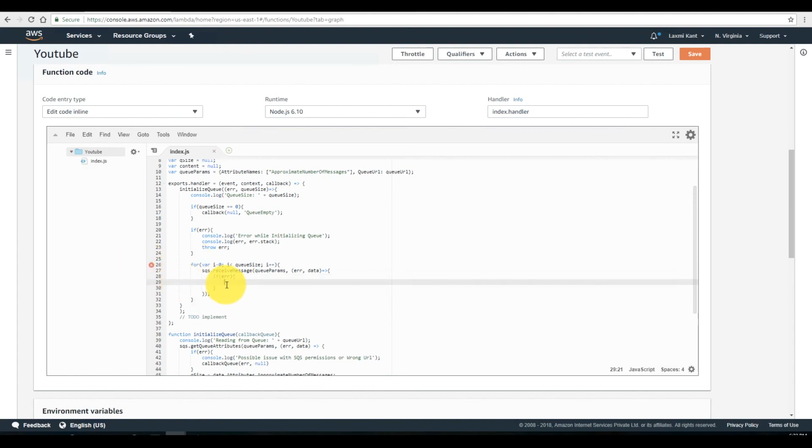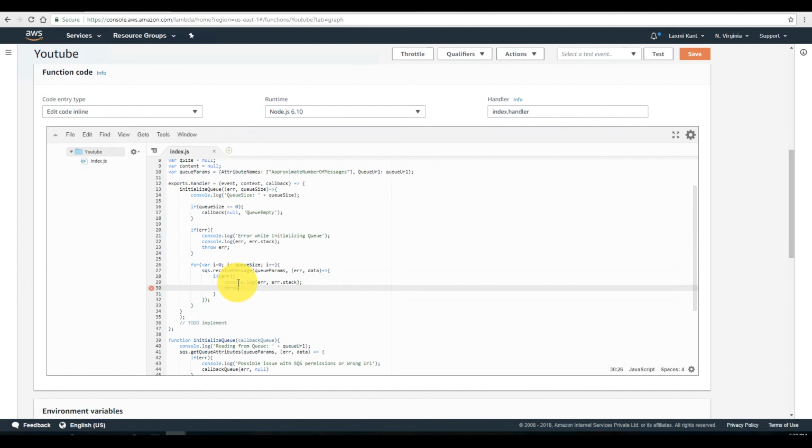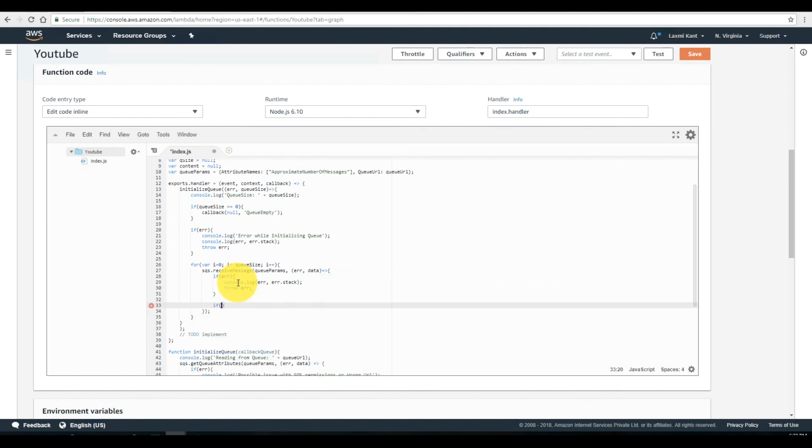Every time we have to check if there is an error. This says there is an unexpected token somewhere, perhaps this one. Okay, so if there is an error while receiving the message, it will print that to the console. Error. What we can do is just print this error, error.stack, then throw the error. If data.Messages